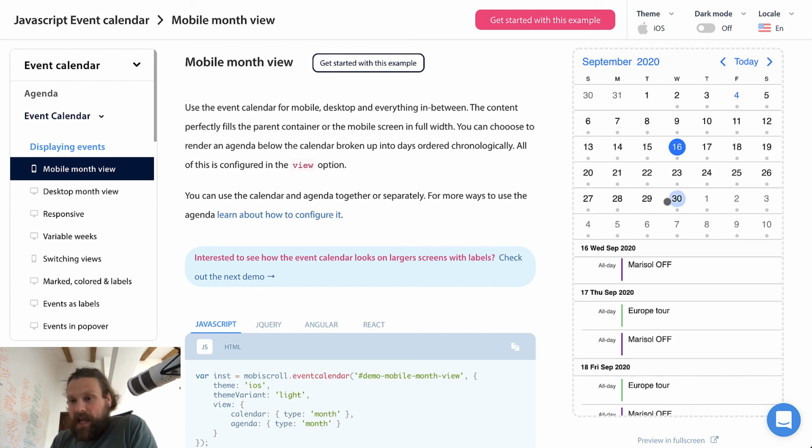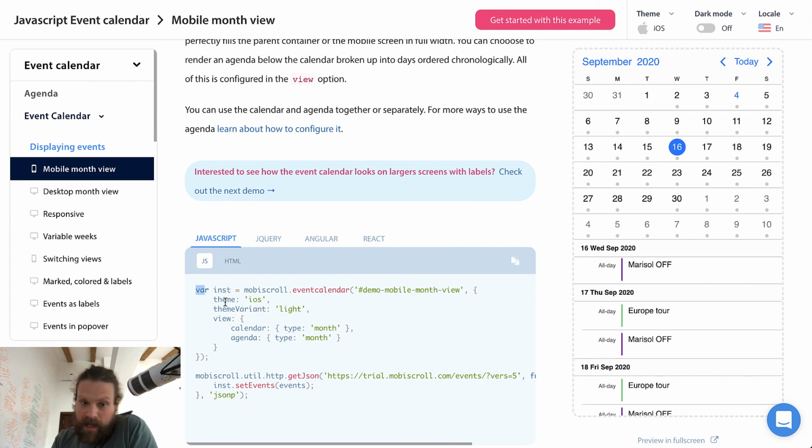If we look at the code, I call this simple, it lets us simply create a combined view with the calendar at the top and the agenda at the bottom, and everything all the way